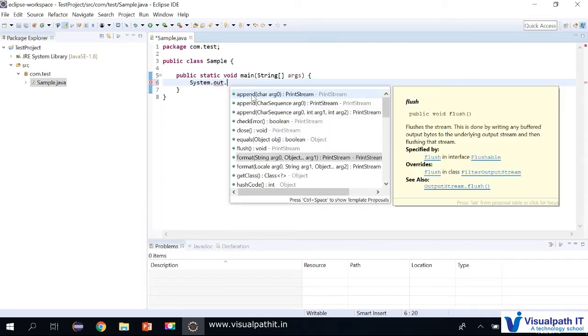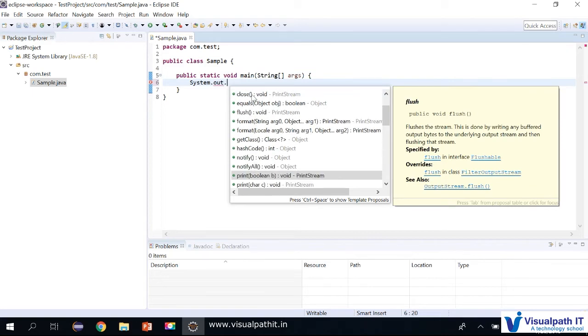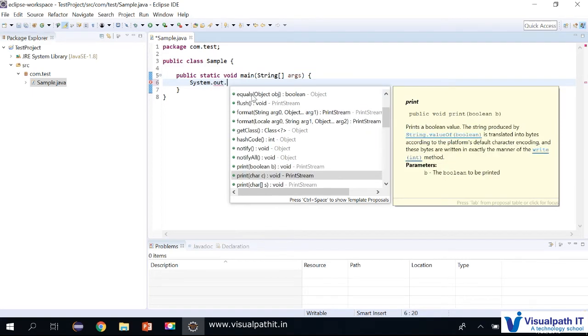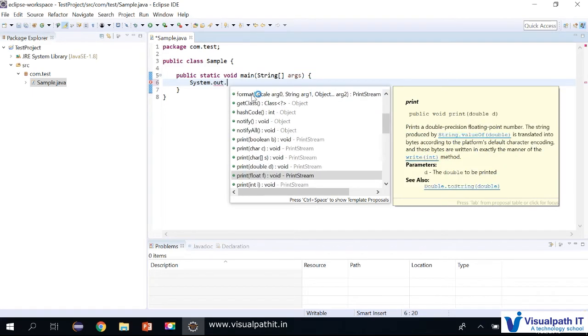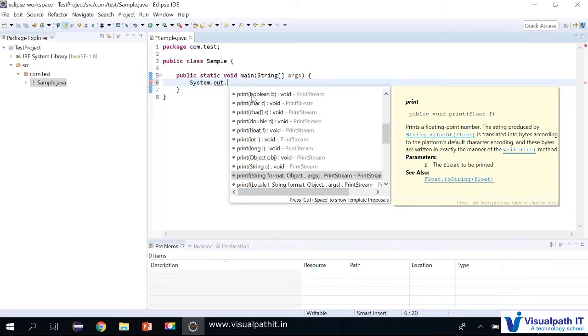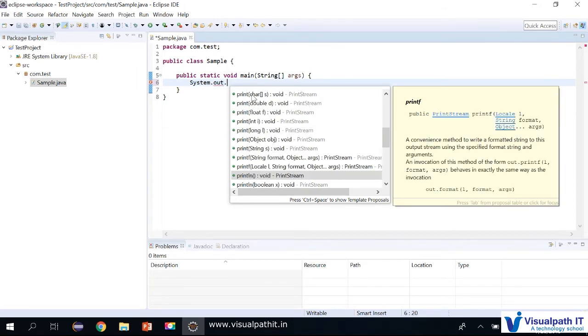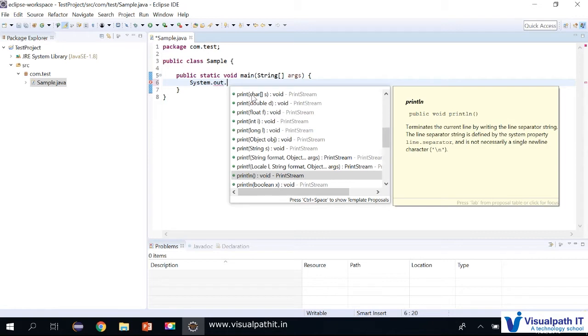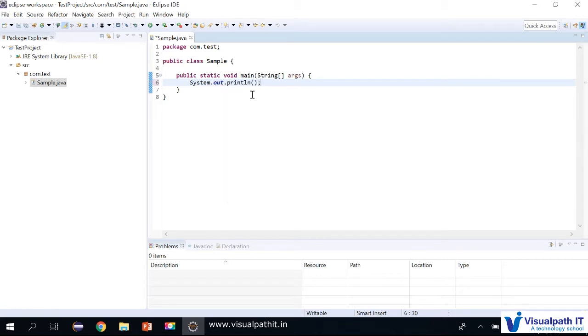Once you enter the dot, it will automatically populate print, println. We'll get to know all these methods once we get into more detail. I'll explain all these methods then. You don't need to worry now. For now, we just need to print hello world. That's it. So I'm done with the programming of